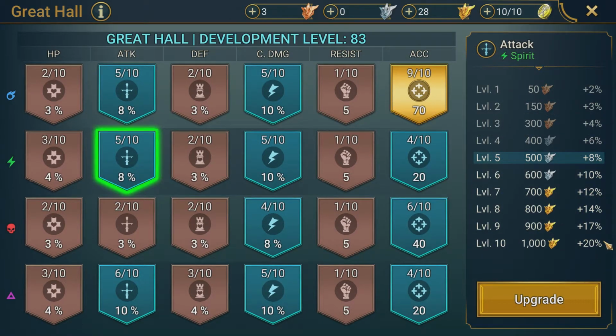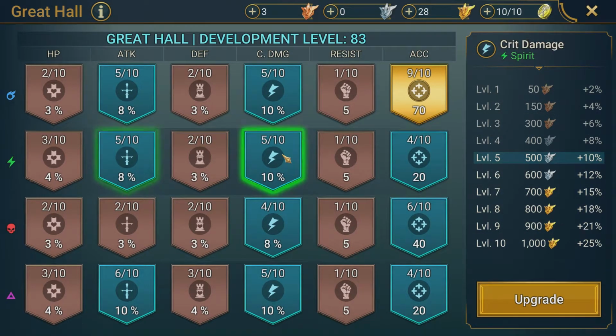Because you can see here, we've still got another 12%. And then another 15% on the crit damage that we can get out of here. So all of this will help. It'll be super helpful. And now that I've got a decent team going to farm the gold for, like I said,